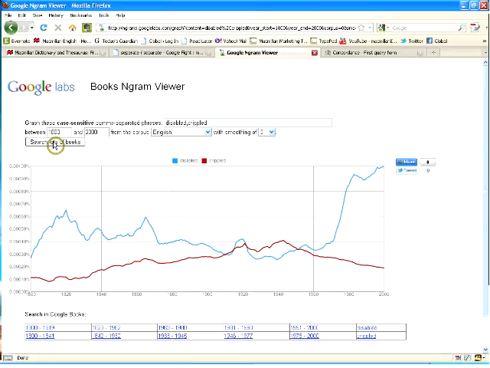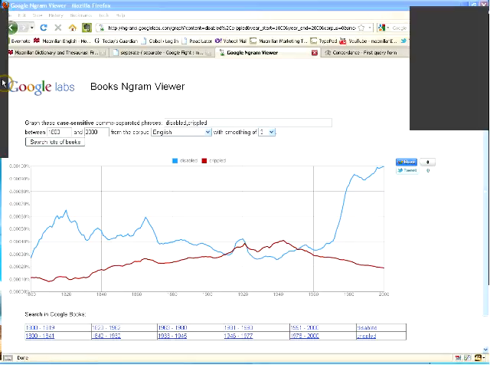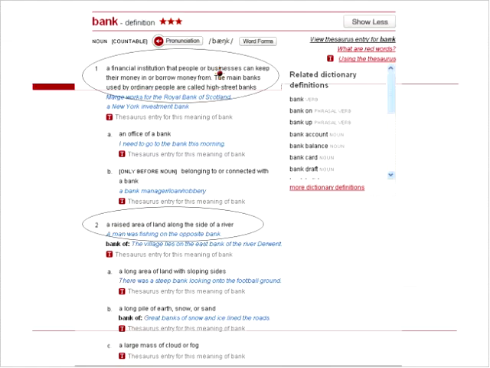So that's just a couple of examples, Google Fight and Google Ngram Viewer, showing you how language technology works. So I'm now going to go back to my PowerPoint,